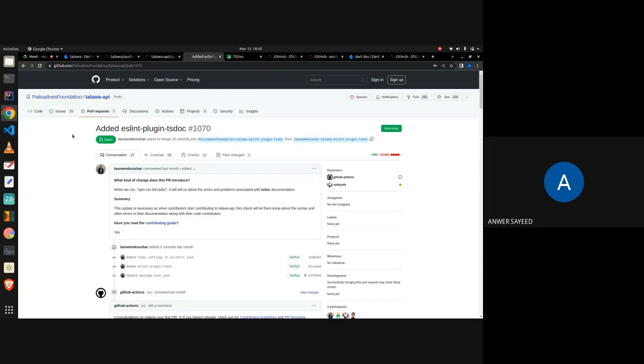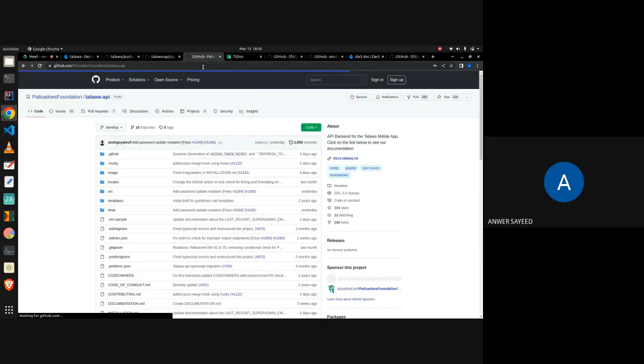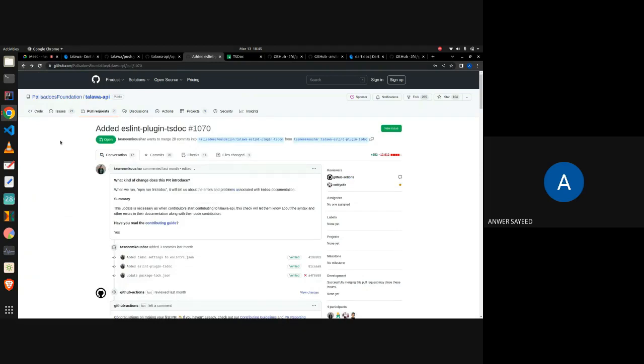Okay, but what we want is the documentation, not just for the GraphQL section. We want it for the full website. Talawa API is a TypeScript-based repository, so we have thought we will be using TSDoc inline comments,